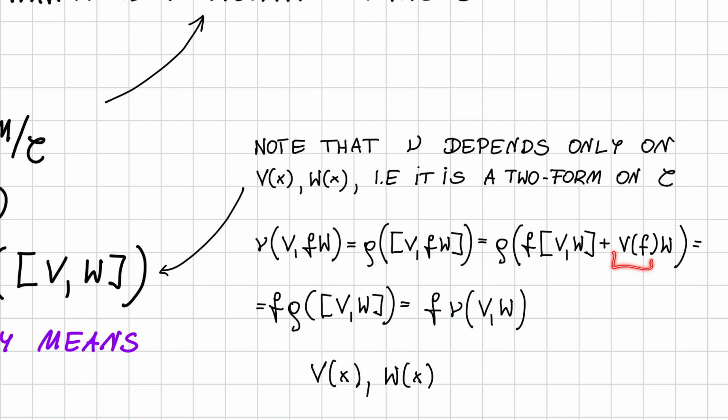However, since this function multiplies a section of C, by taking the quotient, and this rho here means taking the quotient, this part disappears. And I've said that rho is linear, therefore the function can go in front of rho. So what I get is exactly what I wanted. It means that it is linear with respect to multiplication by functions, which means that I really have a two form,